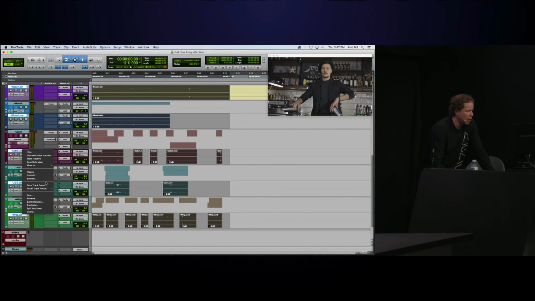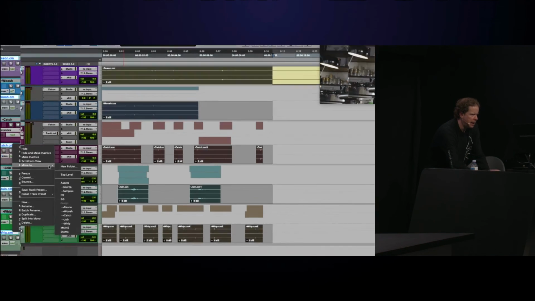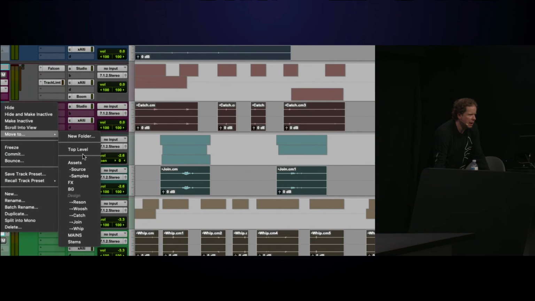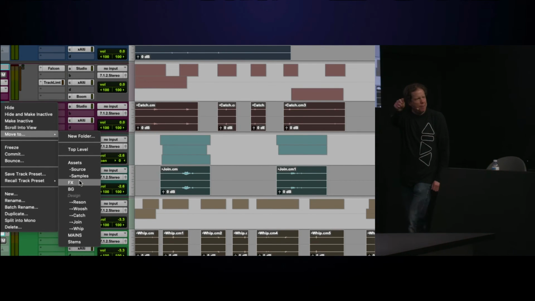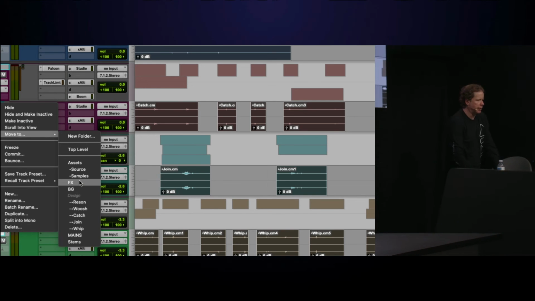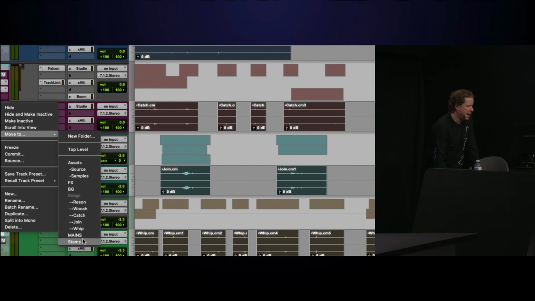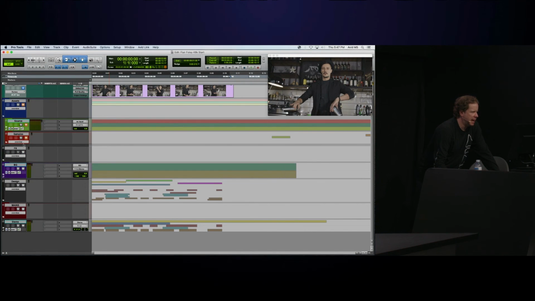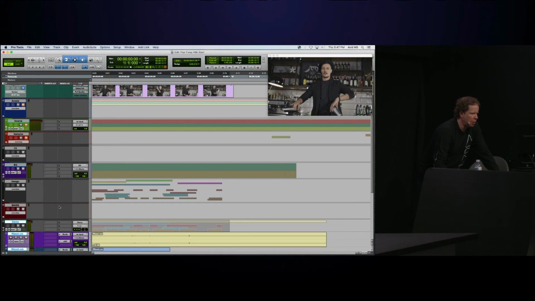All you've got to do is right-click, and I can see all of my possible destination folders. Check this out, right? Move it. You can move up or down the tree up to 9 different levels, right? As a maximum kind of hierarchy. I'm just going to say move all this into stems and clean it up. And check it out. I collapsed design, and I now have a stems folder right here with all those stems